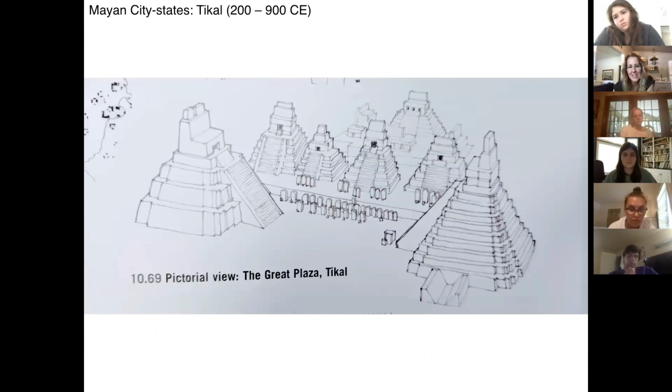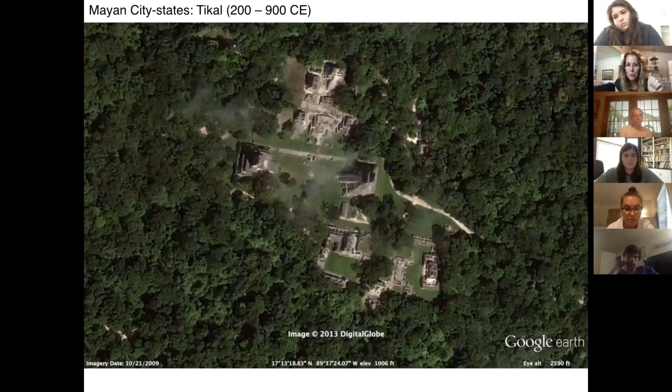This is actually an axonometric view, which means a little bit between a section and a plan. You're seeing something kind of on a tilt. You're not going to need to know anything about axonometric images, but that's what this is. And here we're seeing a series of different pyramidal structures. This is an overview of the primary area of the site. And I love this because it shows you just the density of this sort of jungle forest land around Tikal